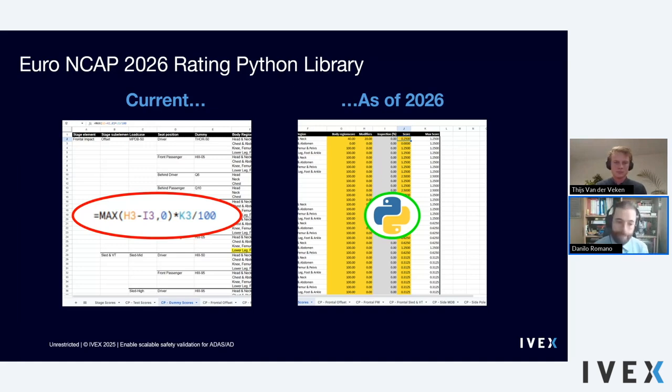So I see that some of your points, for example, is understanding the score computation and keeping up with the protocol update. Well, on the left, you see how currently the score computation is made, which is spreadsheets used by Euro NCAP, as you guys pointed out in the first question. And then the logic for computing the score is embedded into the spreadsheet. This is not ideal